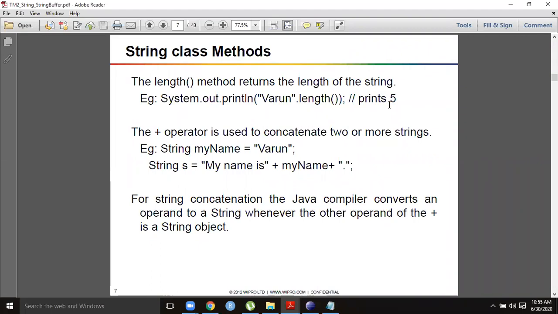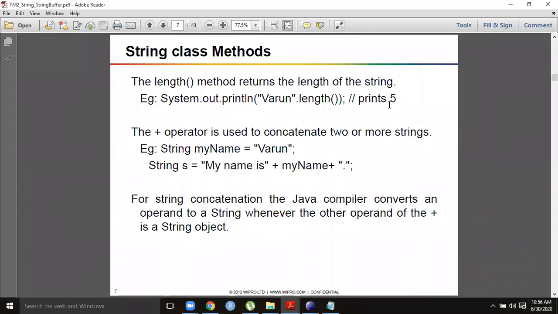For arrays, you use a property called length, which does not have any brackets beside it, but for a string it is a length method. That is why after writing length, you put the brackets. So "Varun".length() returns 5, because it contains 5 characters.